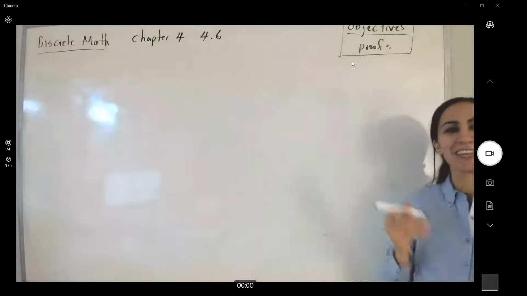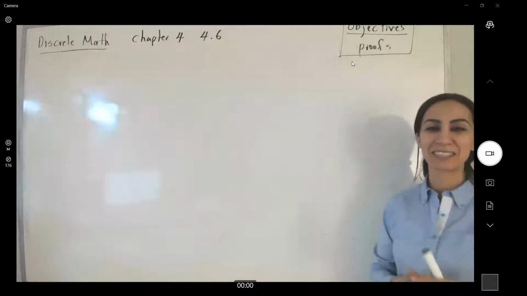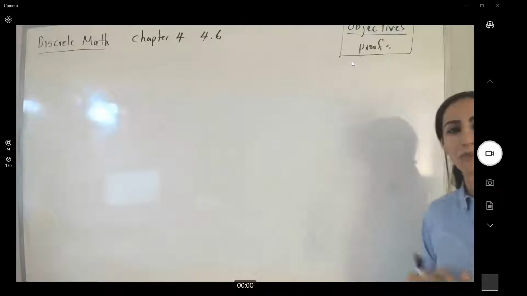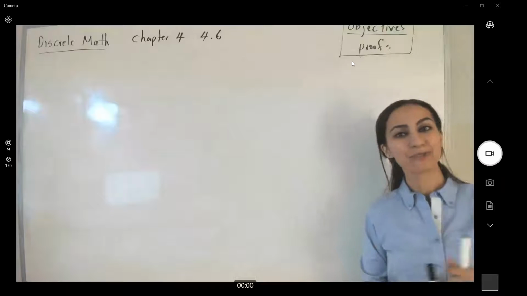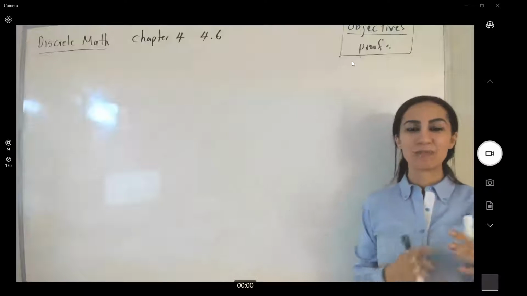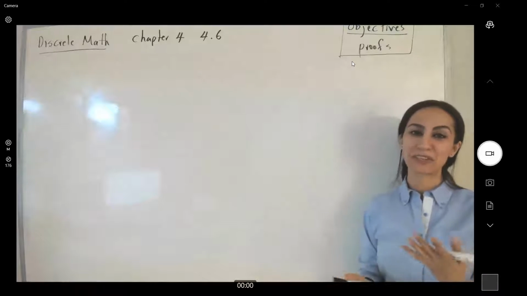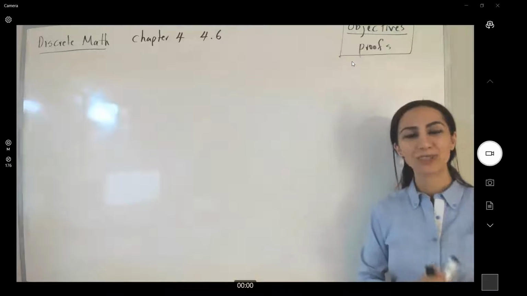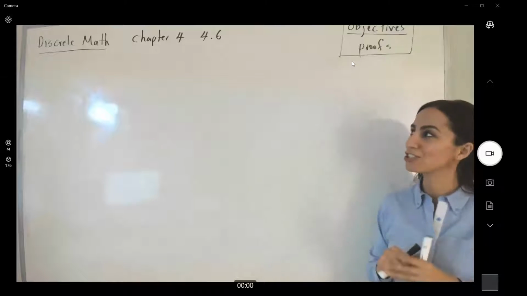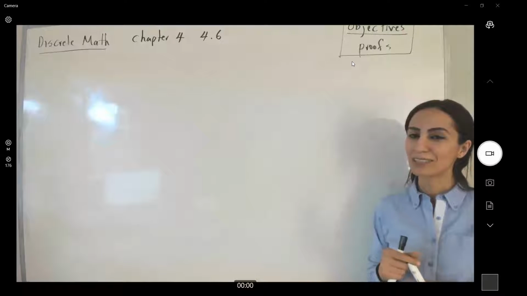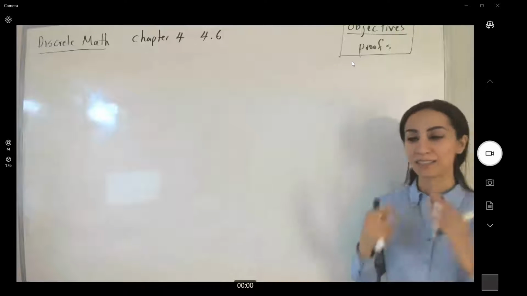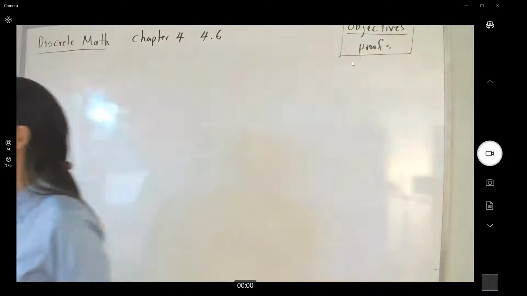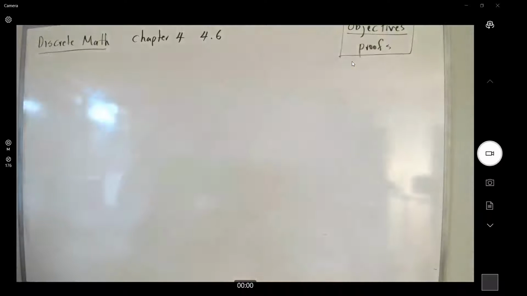Okay, what have we learned so far? We started talking about different methods of proof and disproof. Last time we worked on examples with contradiction and contraposition. We went over some examples together. Now we're going to finish this chapter by going over some important statements. The very first statement is